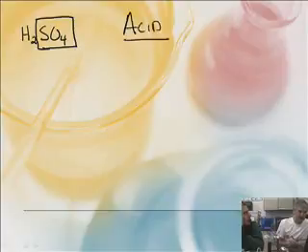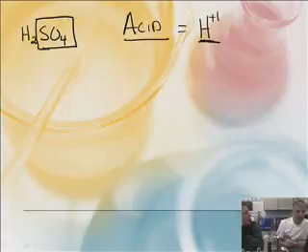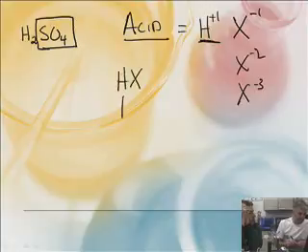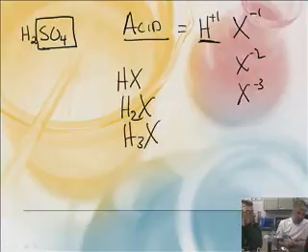Okay, so let's see if I can name H2SO4. All right. Actually, let's say one more thing before we get there. What makes acids acids? Hydrogen ions. It's the H positive one that's combined with something else. Let's call it X. This X could have a -1 charge, a -2 charge, or a -3 charge. There's essentially 3 kinds of acid, the HX, H2X, and H3X.